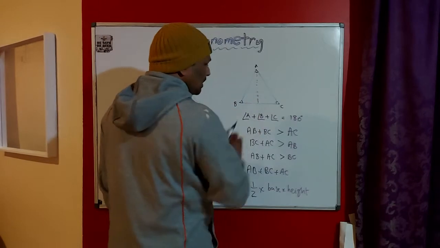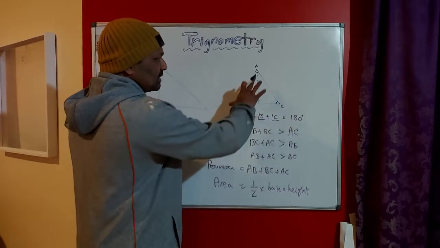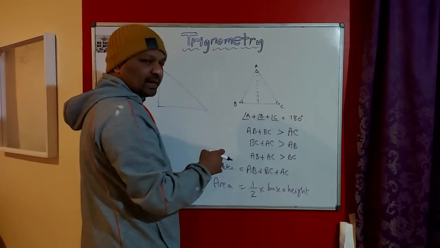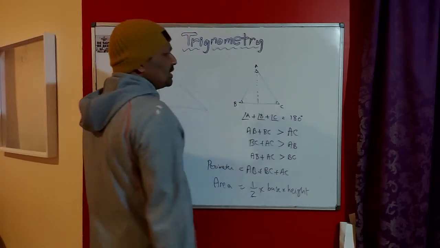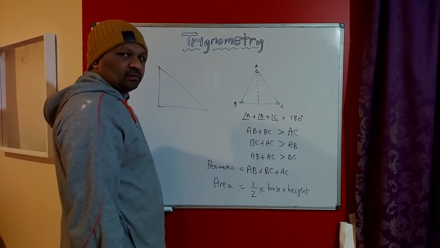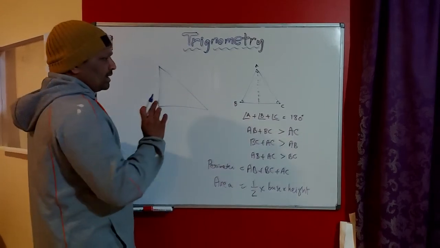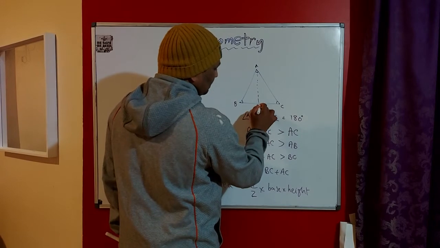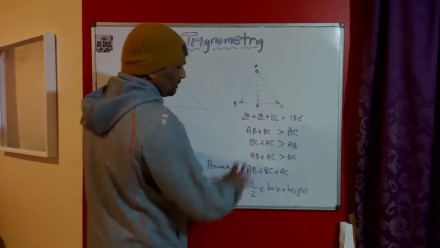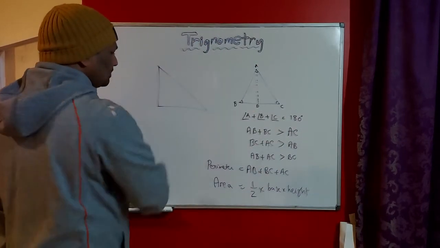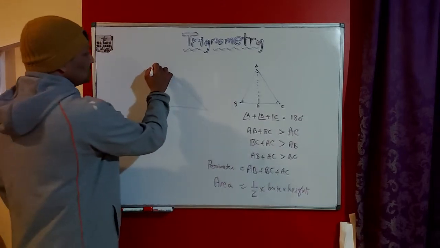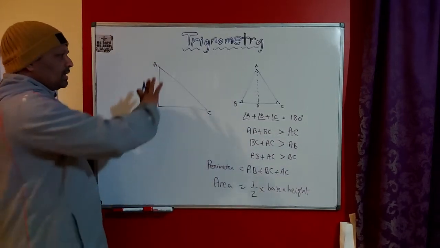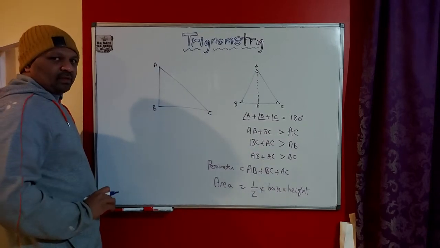This height is something that you have to find out. It is not given here. So if these three sides are given, using them you have to find out the height. Say this is the height from A, and for example this point is D, the midpoint. AD is the height for this triangle. What is the height for this triangle, assuming this is A, B, C? AB is the height.